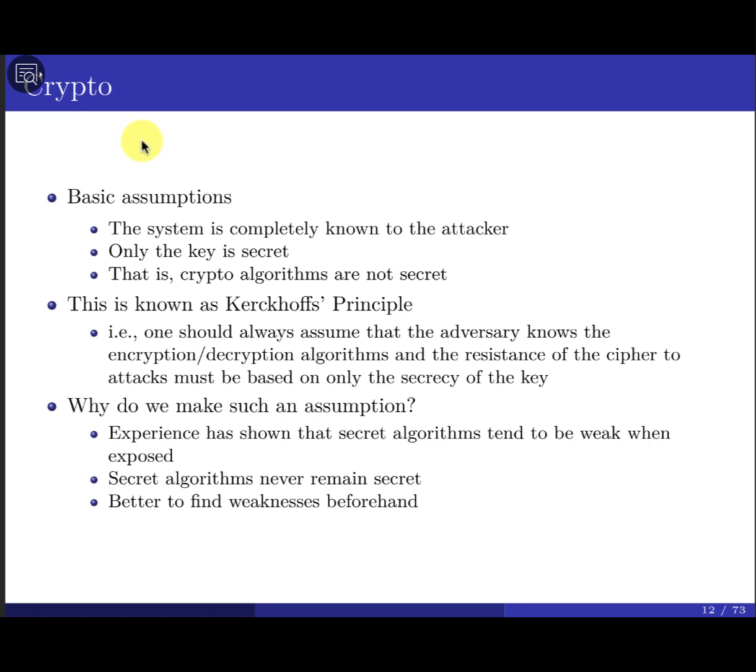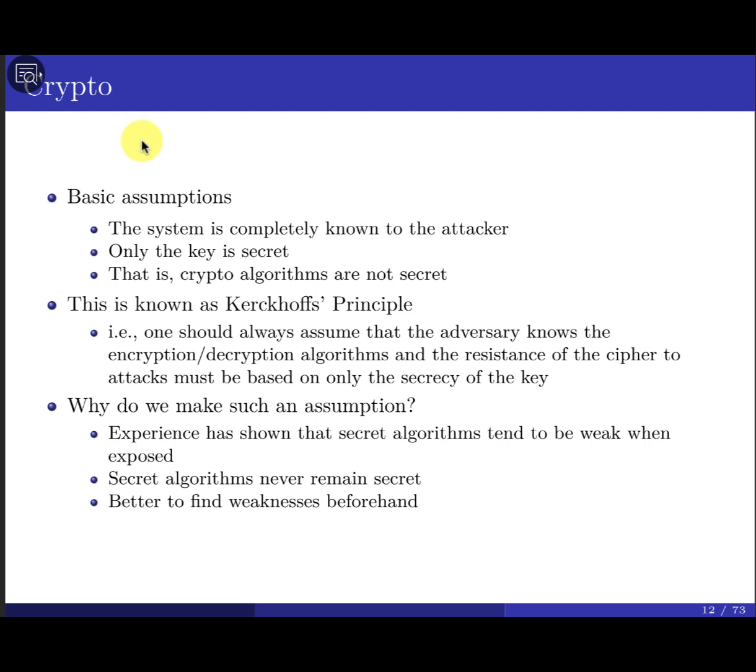So generally speaking, with crypto in general, the basic assumption that we have is that the system is completely known to the attacker. This may surprise some of us. They say, what do you mean the encryption scheme is going to be available? Everyone knows what crypto system is going to be used? Yes, everyone knows what's going on. Everyone knows, for example, how your encryption or decryption scheme looks and works. The only thing they don't know is the key itself. The key is secret. That's what is called Kerckhoffs' principle.